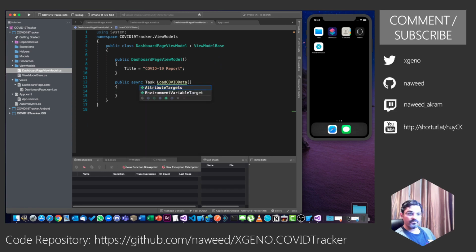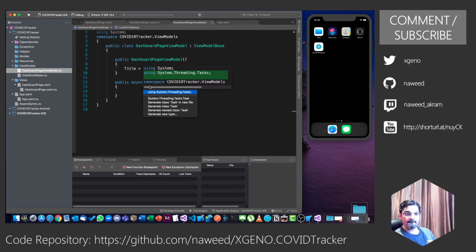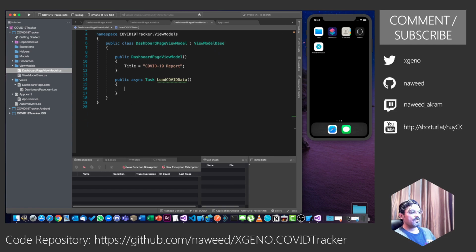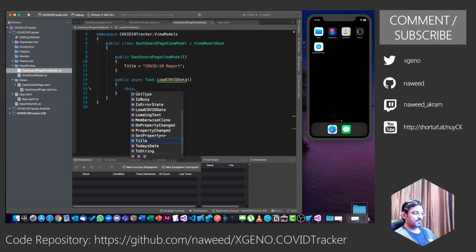Let's make it a task. And inside this task is where we are going to fetch the information from the internet. So something like I can say this dot is busy equals to true.